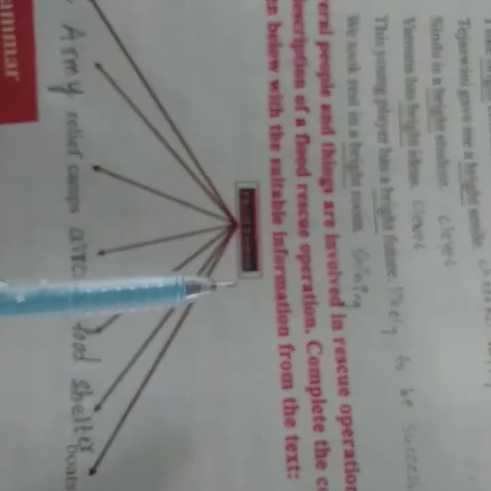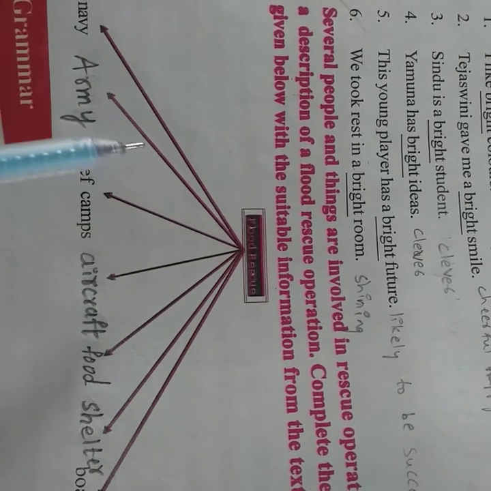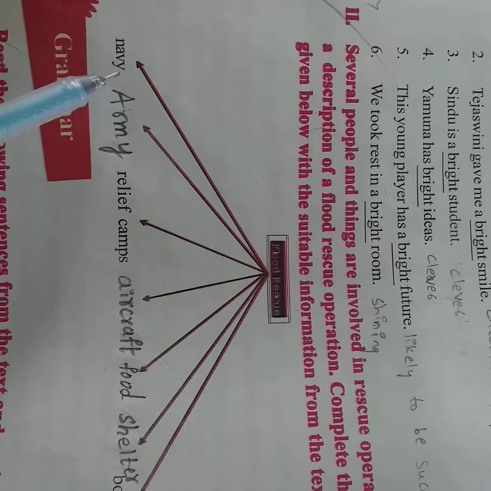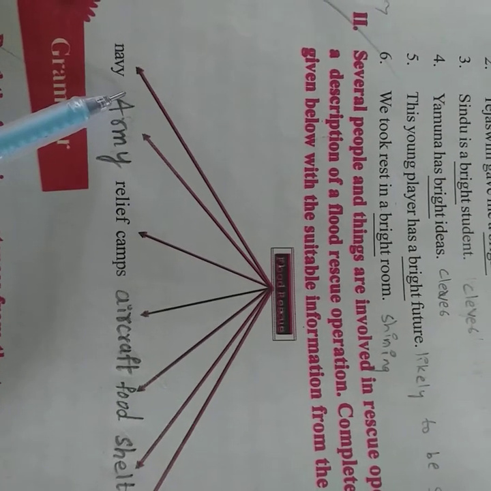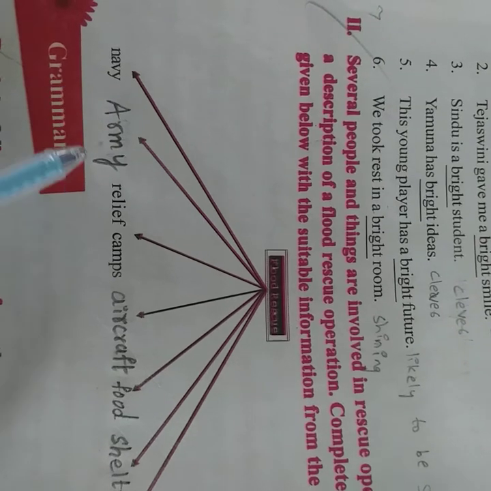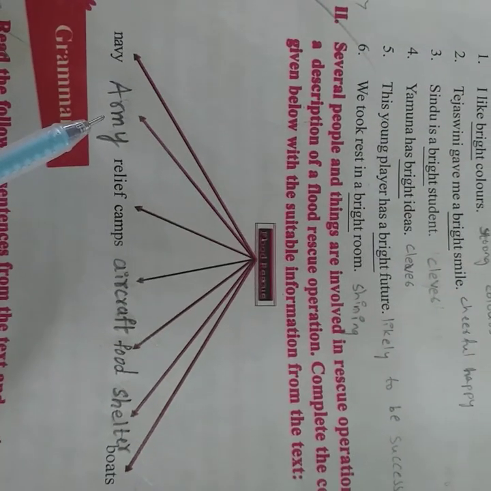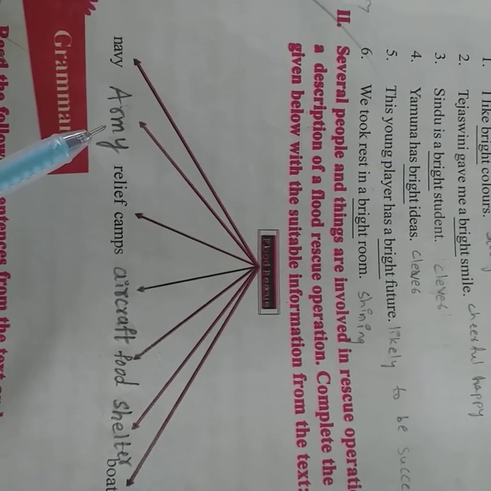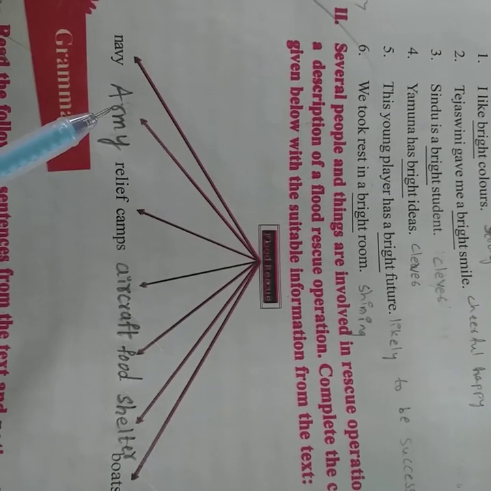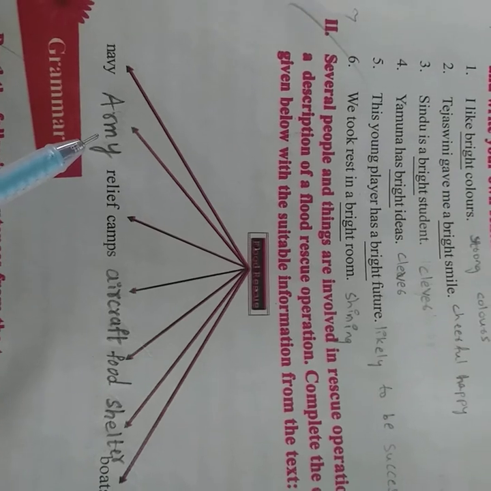So what are the things involved in the flood rescue? We are going to see here. First one, Navy people are very important here. Okay, Navy people are involved in helping the flood rescue people. Next, army people also. Why? Because they are mentioned for that purpose only. If a disaster occurs in a locality, these people will come forward in helping those people.